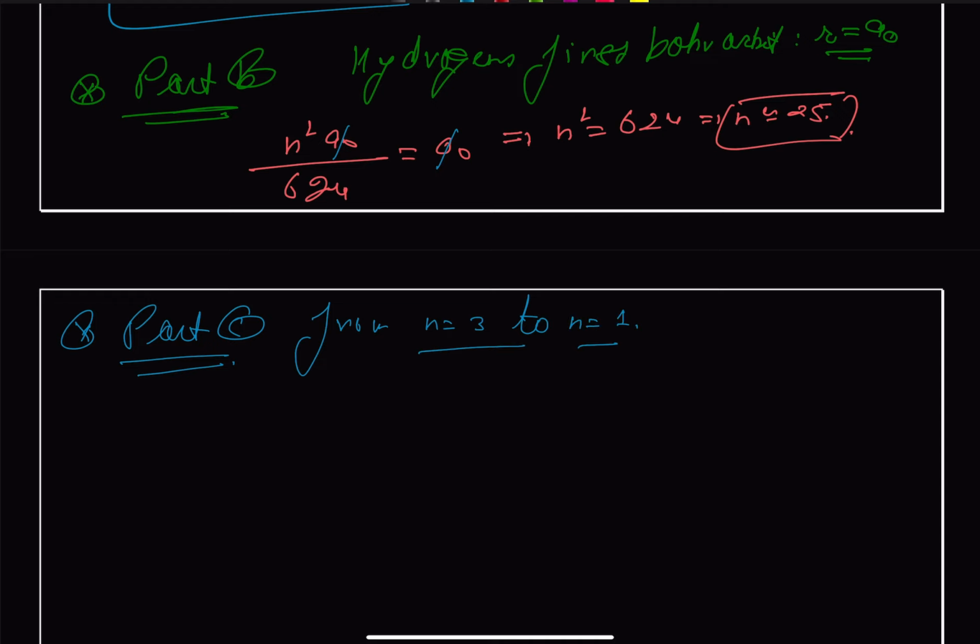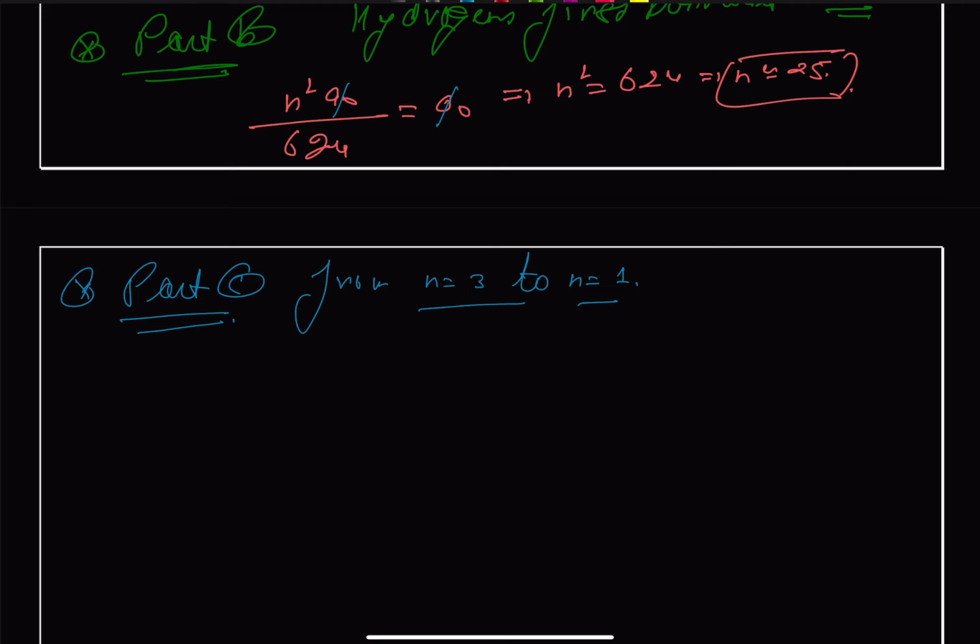We know the energy equation for hydrogen-like atom, and that is our E of n is equal to minus 13.6 multiplied by z square m upon m e multiplied by 1 upon n square,